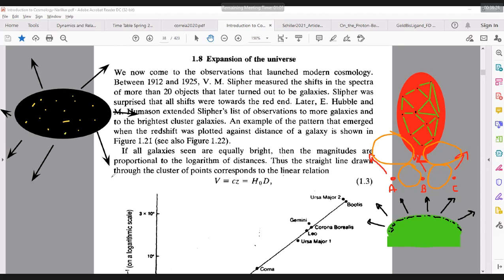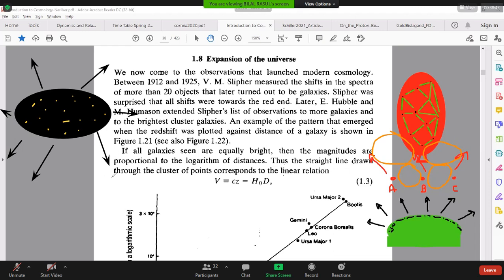How do we know that the objects are moving away? Very basic law is the Doppler effect and the corresponding redshift. Let's talk about this redshift,